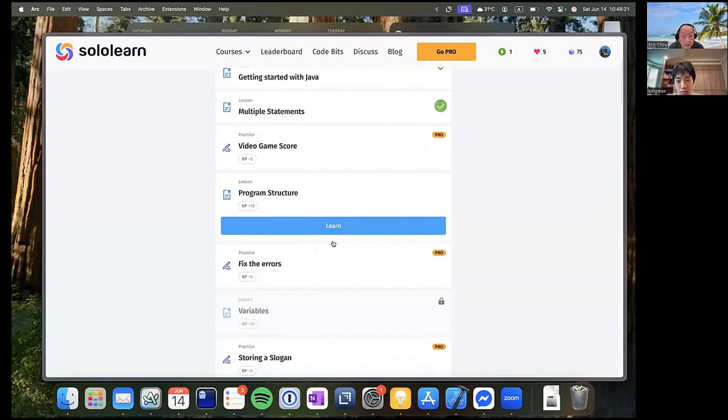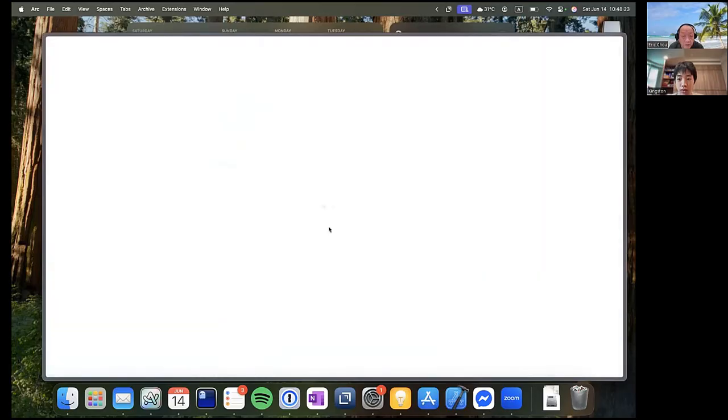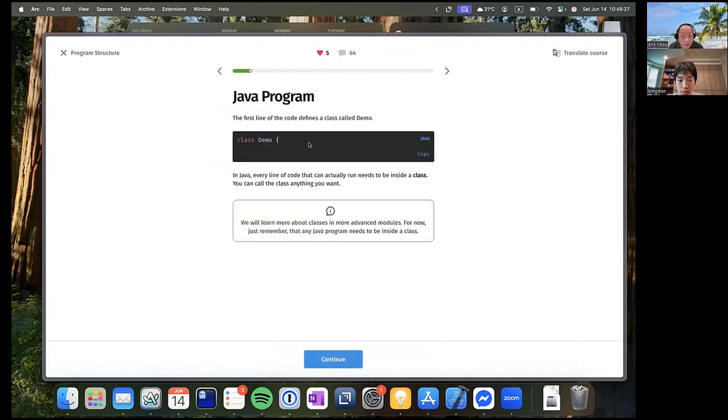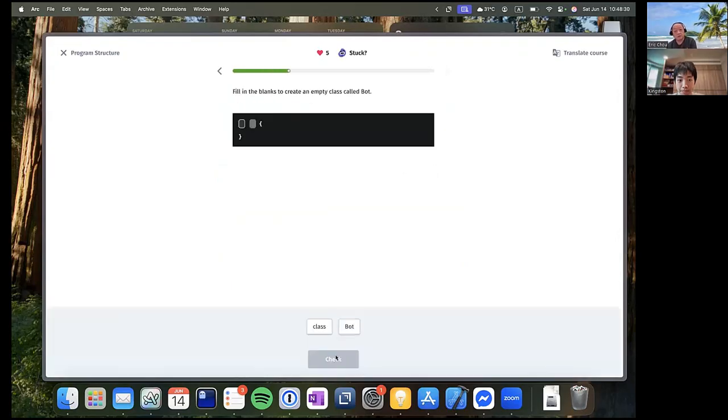If it's premium, don't go into the premium one because they want you to pay money. We don't want you to pay. Our purpose is just to go over the language once, so we don't pay.